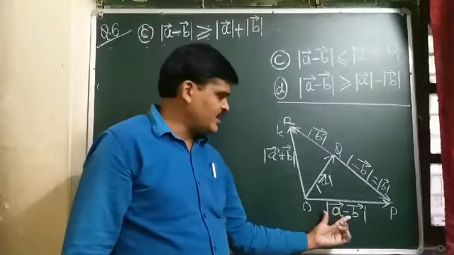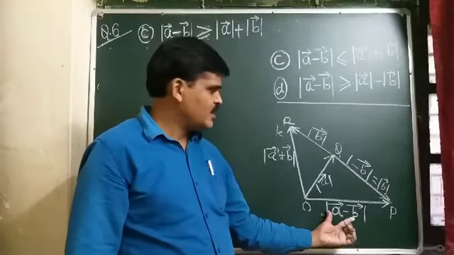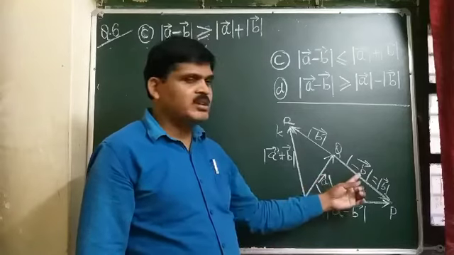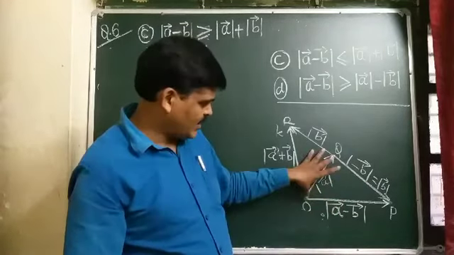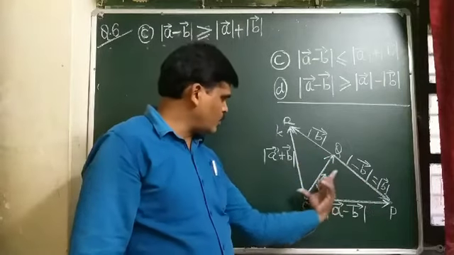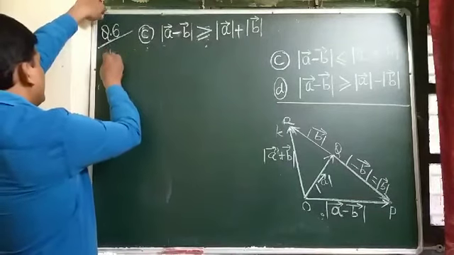One side of a triangle is less than the sum of the other two sides of a triangle. We have taken here mod, meaning the length of OQ and OP. So in any triangle,